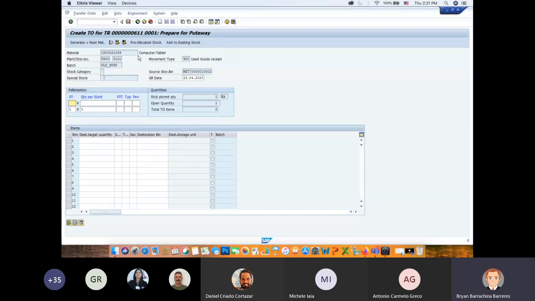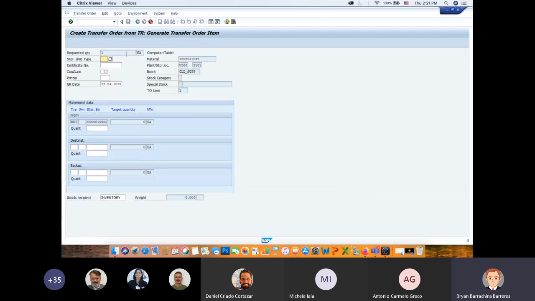And now to do so, you see the options here at the top. This forklift with the plus sign is the put away in foreground. And then we have another icon that is put away in background. So if we do it directly from the T code before, we just click on this put away foreground and it'll take us to the screen where we have to select our destination bin and section. If we did it the other way around, meaning if we wanted to close this window here